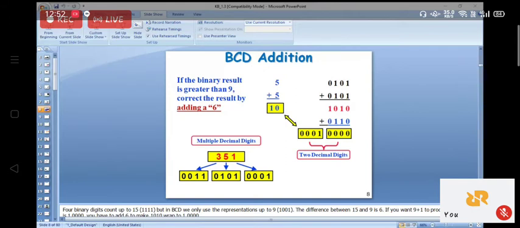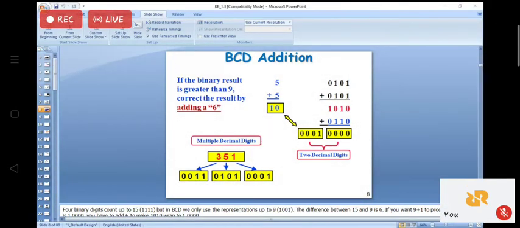In order to convert the addition to a BCD number, add 6. You have to write it like this, as a statement. In order to convert it into a valid BCD number, add 6, that is 0110. If you add 1111 plus 0110, then the addition comes out with the carry as 1 and the remaining bits are 0101. So I have appended 3 zeros over here.